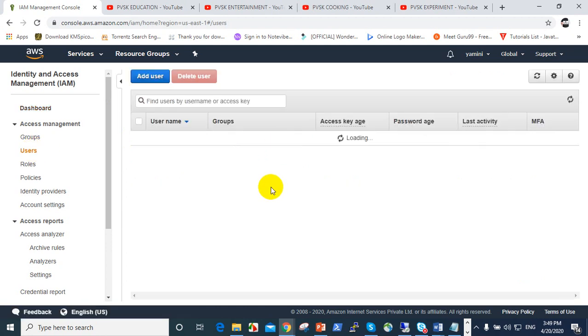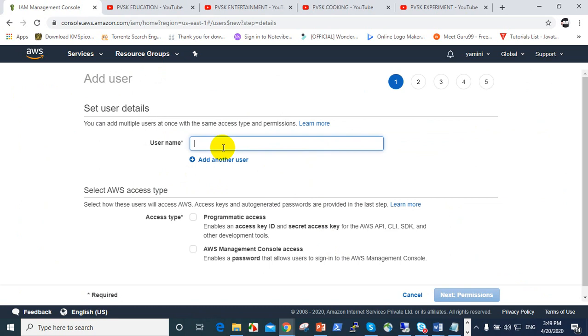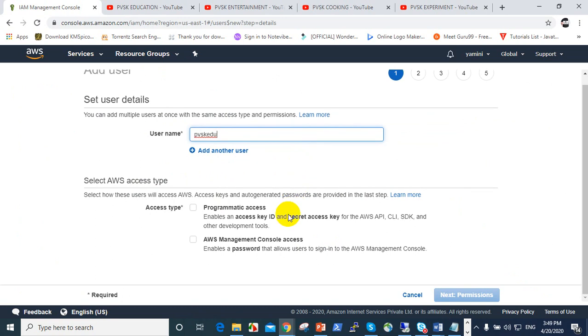I want to create a new user. We already have users, so I will use PVSK edu. This is my new user here. Coming to access type, there is programmatic access and AWS console access.